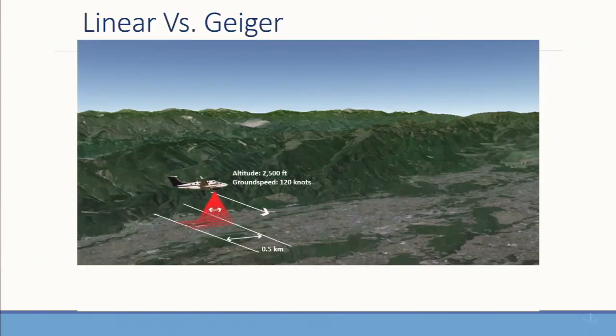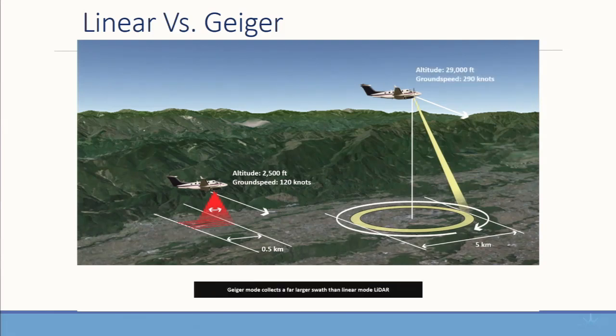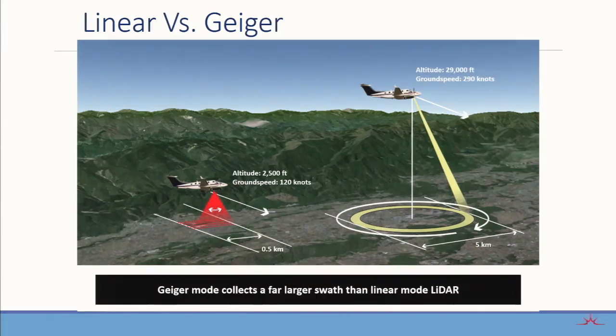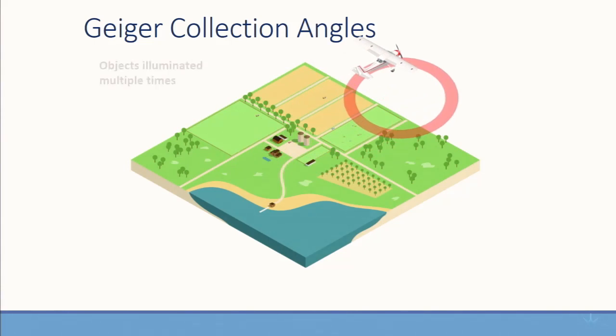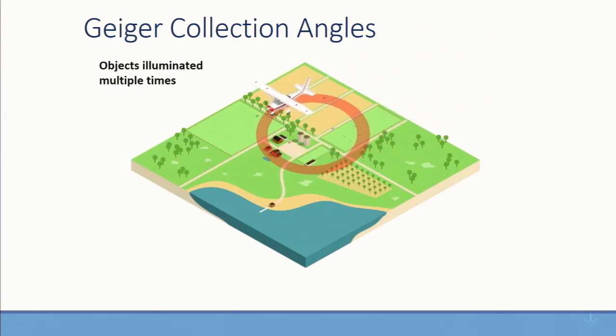All right, linear versus Geiger. So linear is what it says. The laser sweeps back and forth and you go in a straight line. With the Geiger sensor, the laser actually spins. So you're collecting data from multiple angles. You get multiple hits on the same object. One of the benefits of this is that you